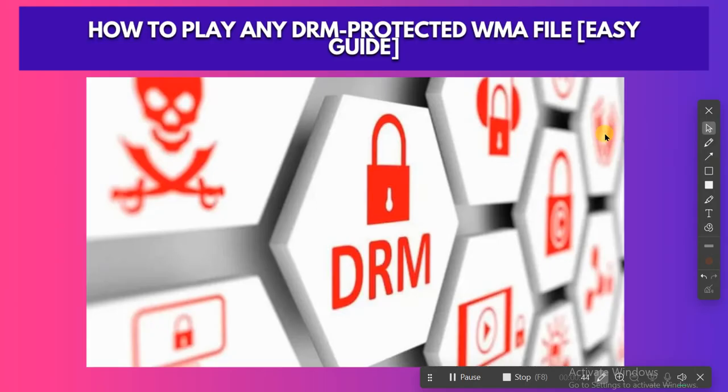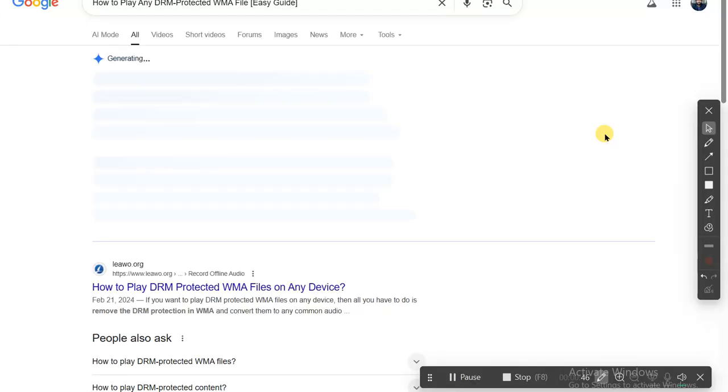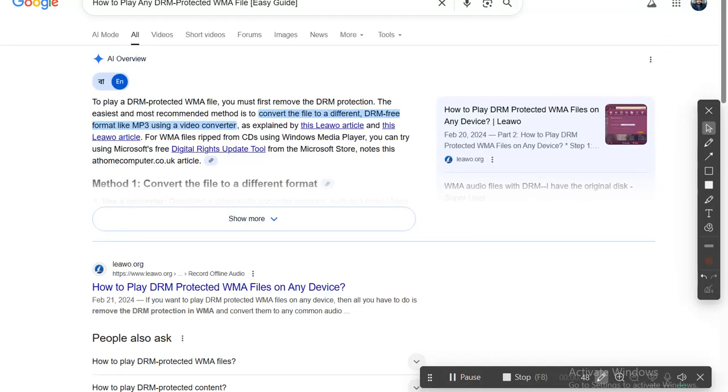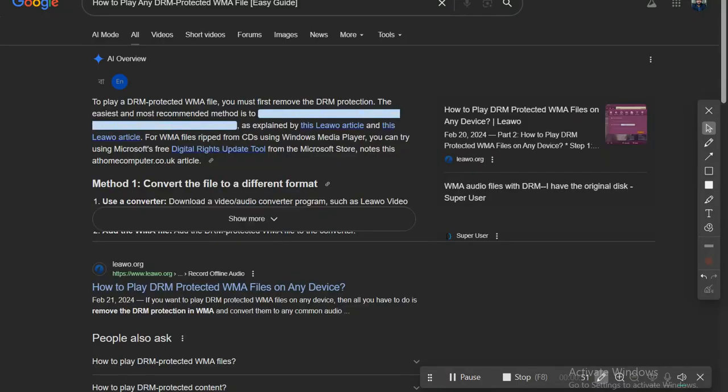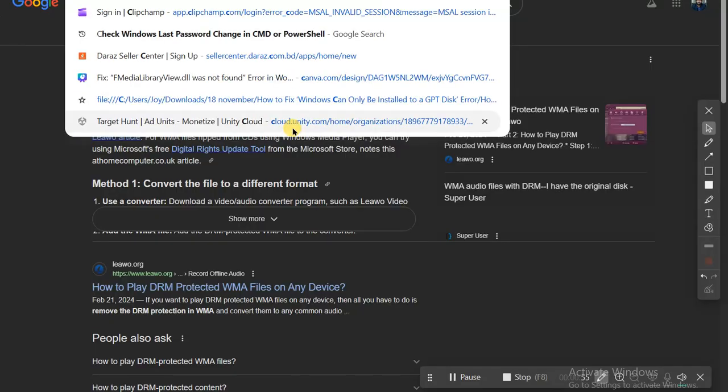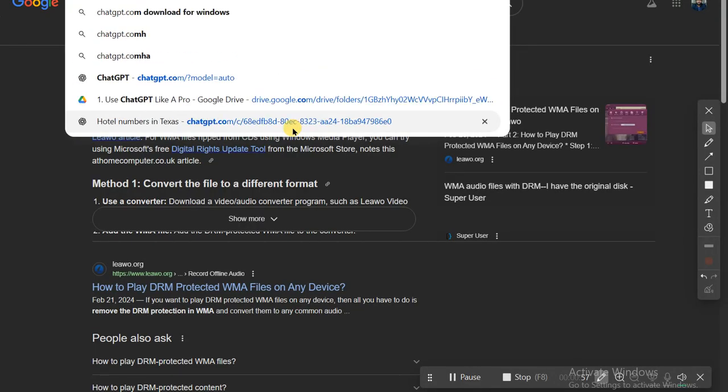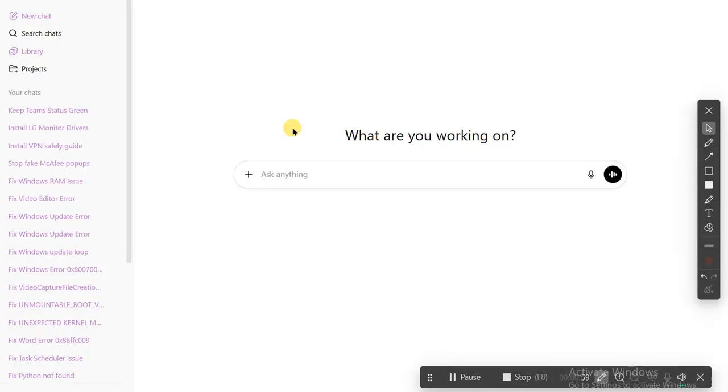They ask you to install old media packs, use risky converters, or follow long registry steps that are hard to understand. When I faced this problem, those methods wasted my time. But I solved it with one secret, easy trick that lets you play DRM-protected WMA files smoothly without breaking anything